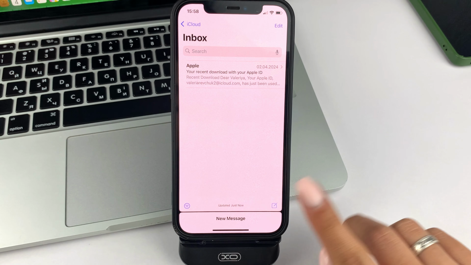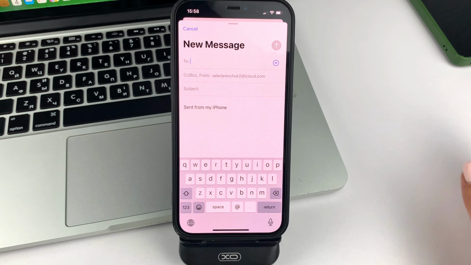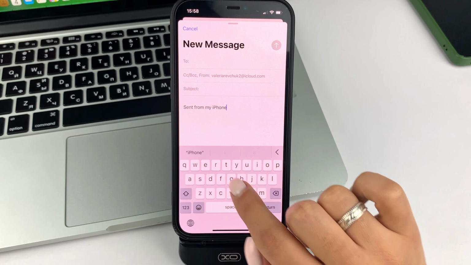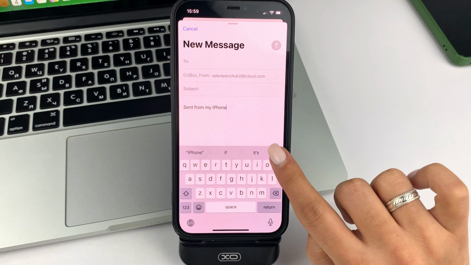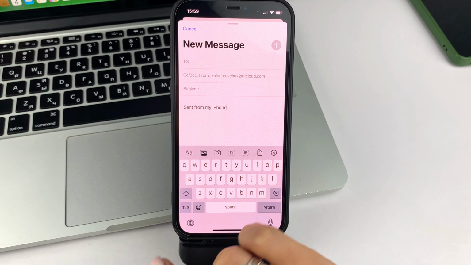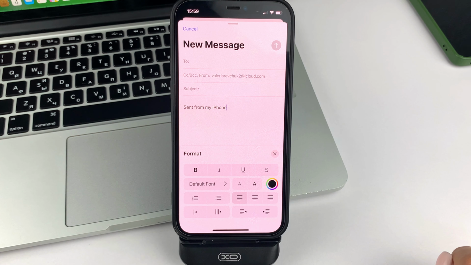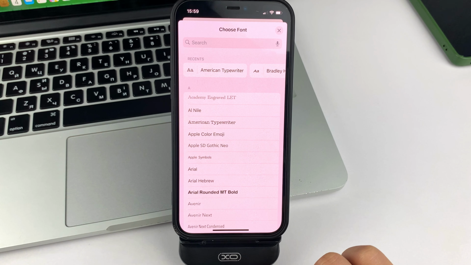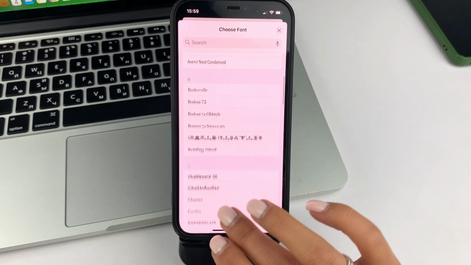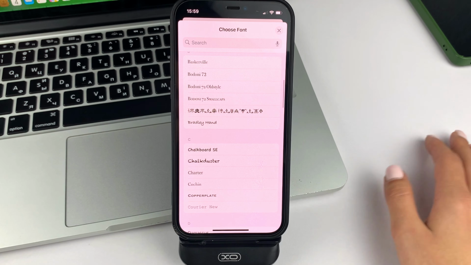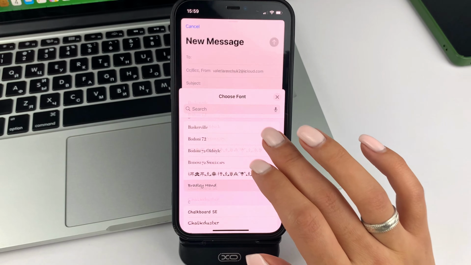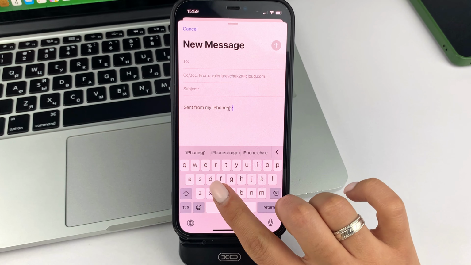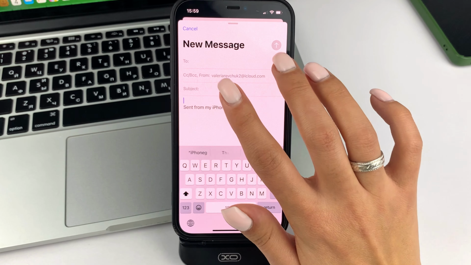So you can open Mail and then go to Create a Letter. And here you need to click here, and then this arrow on the right-hand side, and then this A sign here. Now you'll need to choose a font or change the font. And here, as you can see, there are many different fonts. You choose the one that you like. Then you can click on the cross and start typing the letter in the font that you have already chosen before. And as you can see, my font has been changed.